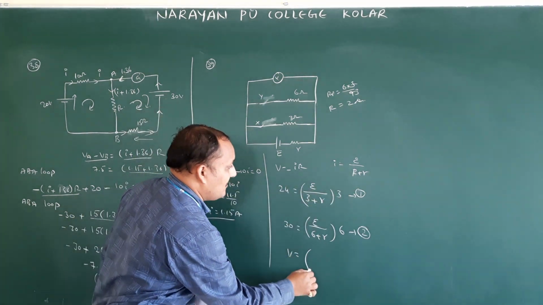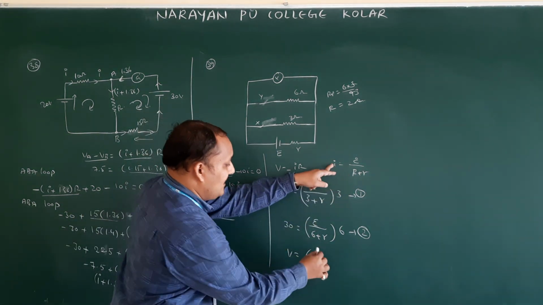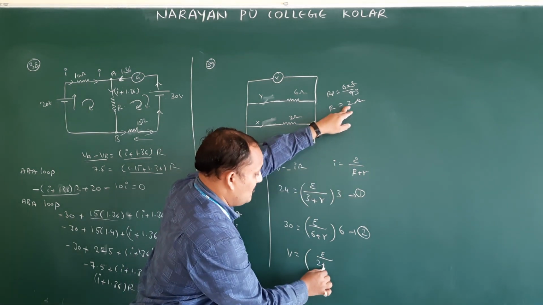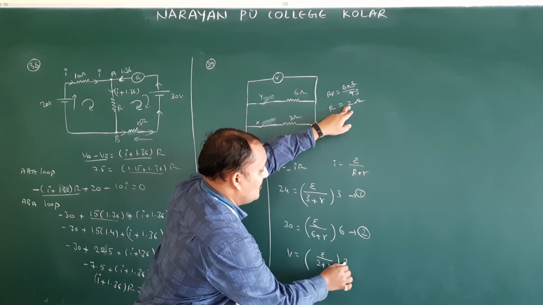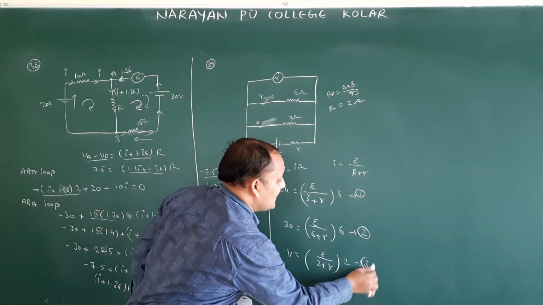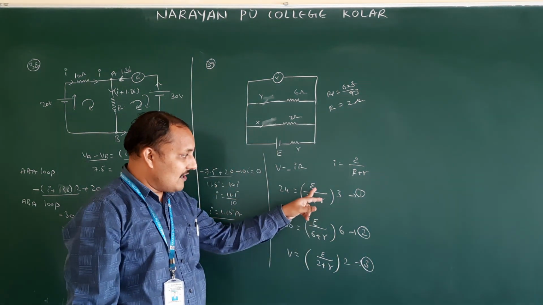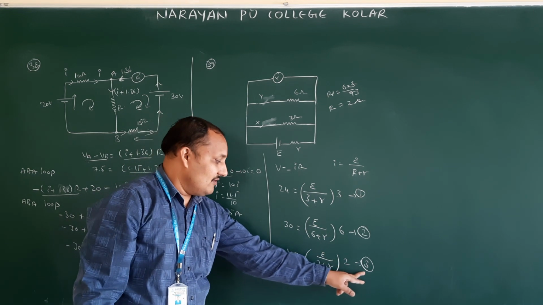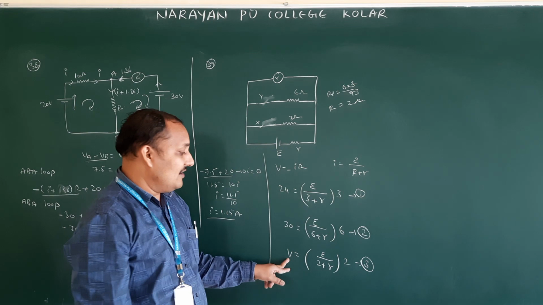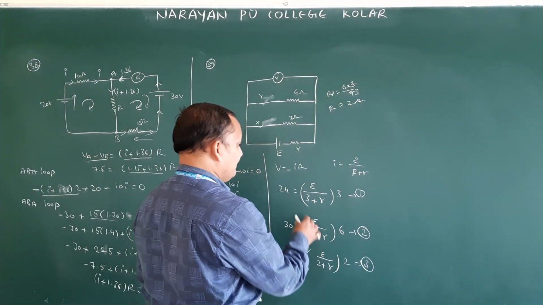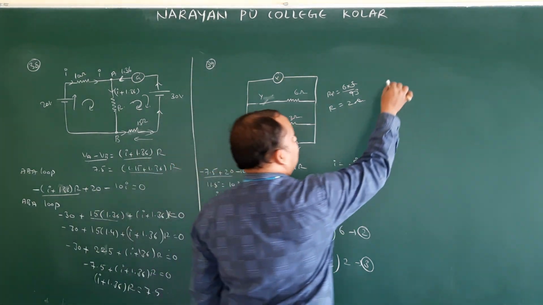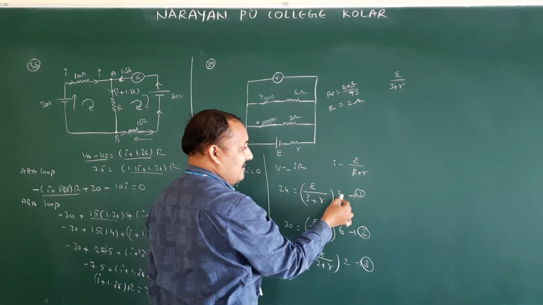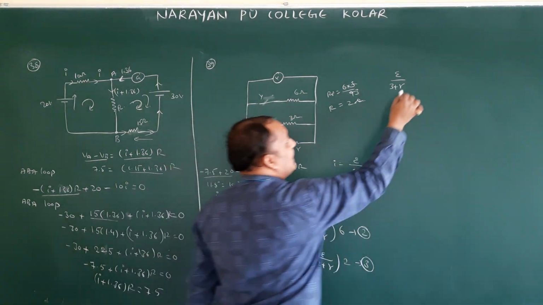Then V is equal to IR. I means E by, now capital R value how much? 2 plus r into 2. Equation 3. So if we solve 1 and 2, you will get E and r. That E and r, if we substitute, you will get this V value. This V value we should find. So solve this one. How will you get it? E by 3 plus r is equal to, from equation 1, 24 by 3.